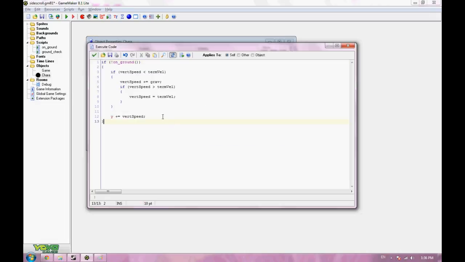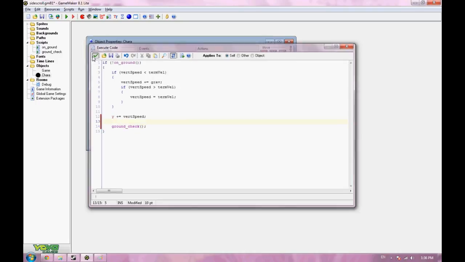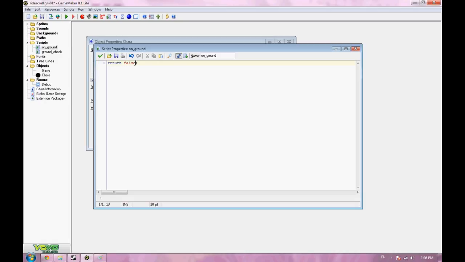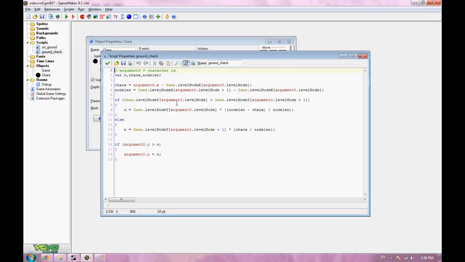So, when he's falling, we do a ground check as he falls. And then on ground needs its actual code. Some of this stuff we might put into another script, since that's going to need it too. Let's see. I'm rubbing my chin and thinking about this. Can you hear that? Anyway,